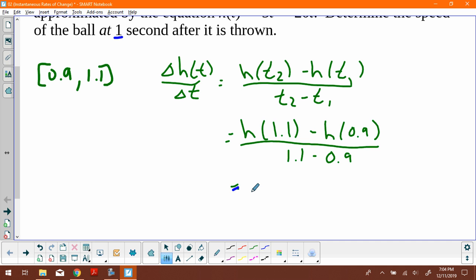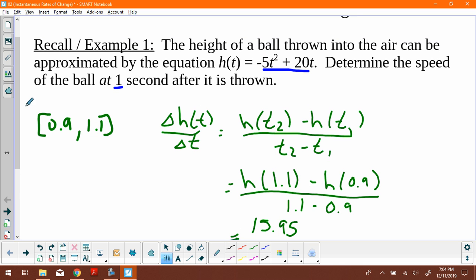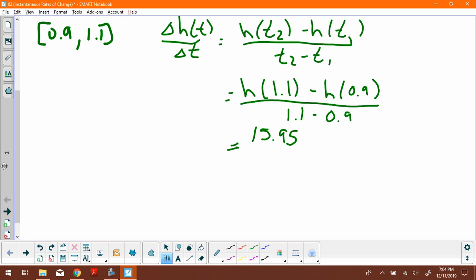So I need to work out what's h of 1.1 and what's h of 0.9. Okay, so h of 1.1 is 15.95, and I'm doing that by plugging 1.1 into my original equation and working it through. Minus h of 0.9,